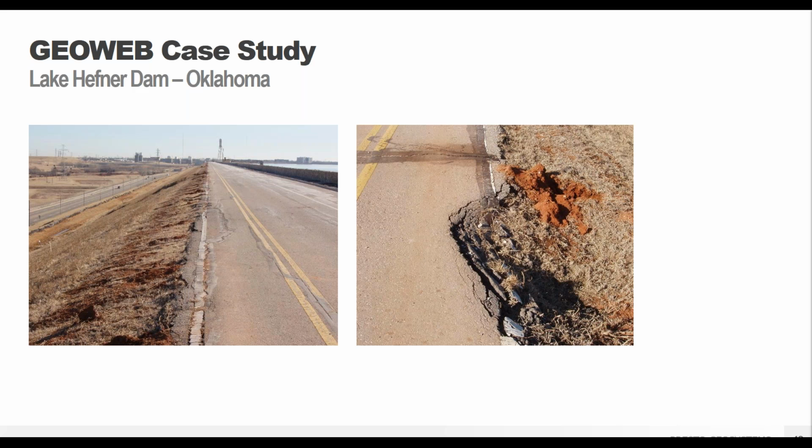So another project was the Lake Hefner Dam, and this was out in Oklahoma. The GeoWeb system was just put on the dry side of the dam because they wanted a vegetated solution. But they also needed something that was going to hold in place so that they didn't have this continual failing of the roadway next to the slope. You can see it just constantly gets undermined and breaks, and they have to come back and patch it, and that's never as good. Part of this was to also protect against overtopping from the dam, which would flow over the road and then down the vegetated slope.